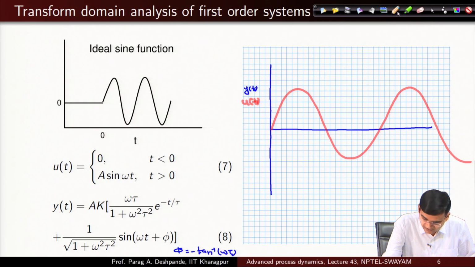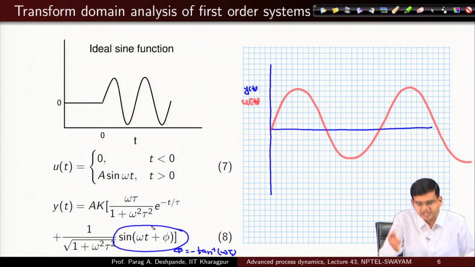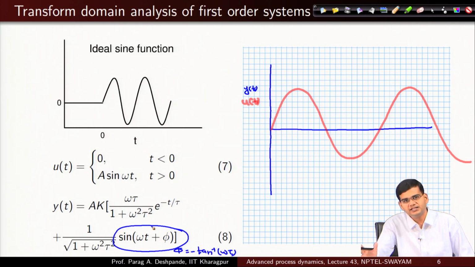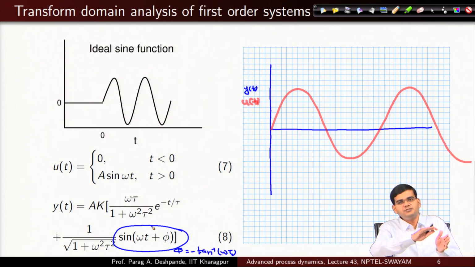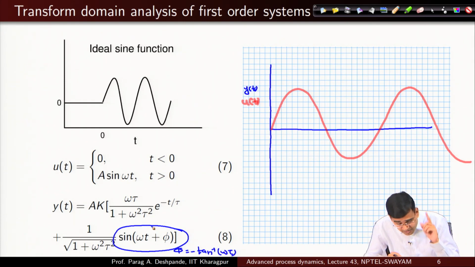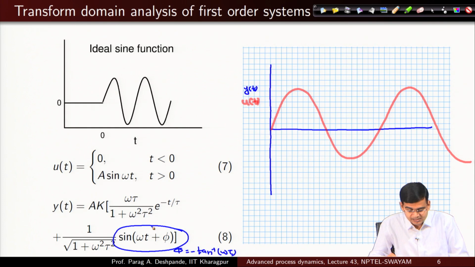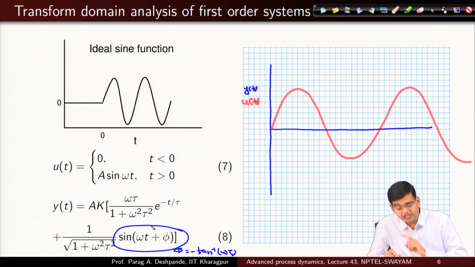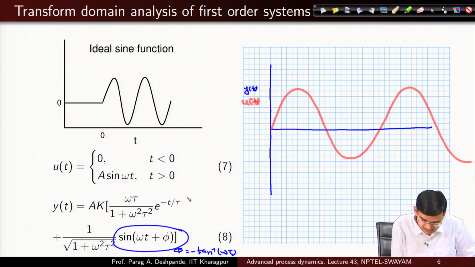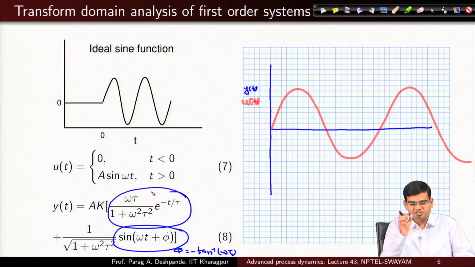In the response you will find that there is this sin omega t with some lag, which means that if the input is a sine curve, the output also would be a sine curve, but there would be a phase difference,